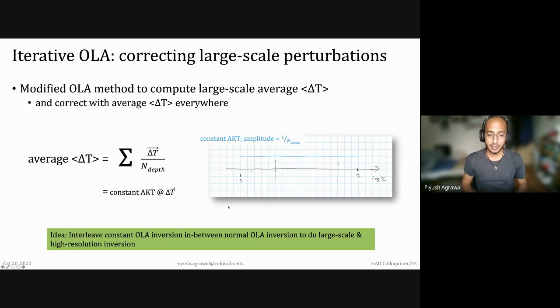And the way we are incorporating this is, on top of doing this highly localized, high resolution inversion using the Gaussian averaging kernels, you put in this constant OLA inversion. So you do the normal OLA inversion, which is the Gaussian one, and then you do the constant OLA inversion. Then you take the results from both of them and iteratively solve for delta t. So the basic idea is that you interleave constant OLA inversion in between the normal OLA inversion to do large-scale and high resolution inversion simultaneously. When you apply this scheme,